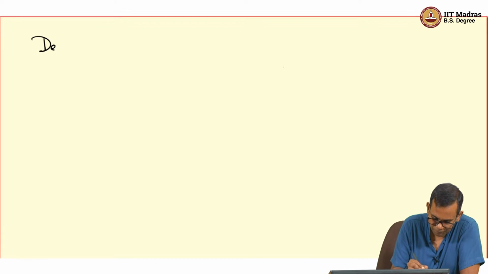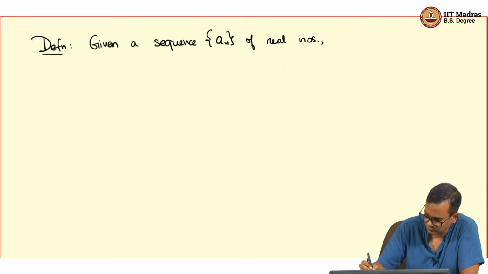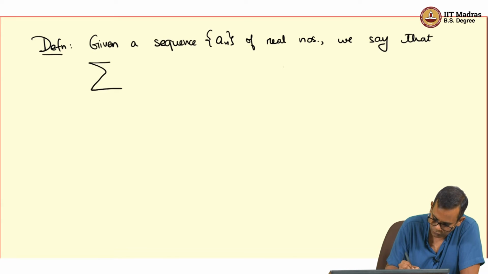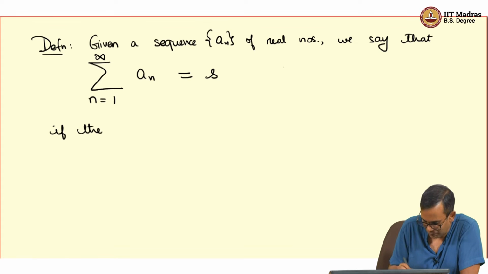So given a sequence an of real numbers, we say that the series, the infinite series, which is denoted like this, the Greek letter sigma, n goes from 1 to infinity, an is equal to S if the sequence of partial sums